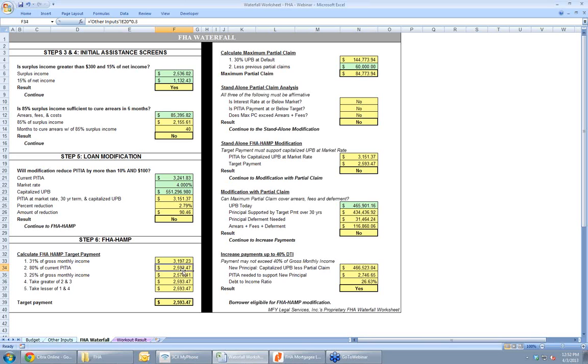And it's possible, as you can see here, that one of the targets is 25% of their gross monthly income, so you could end up with a borrower with a modification with a monthly payment that's that low with respect to their monthly income, which can be really nice, obviously. So once we've set their target payment, and this is just running calculations based on the information you've already entered, you'll now go on to calculating their maximum partial claim. So the total partial claim amount is 30% of the UPB at default, less any previous